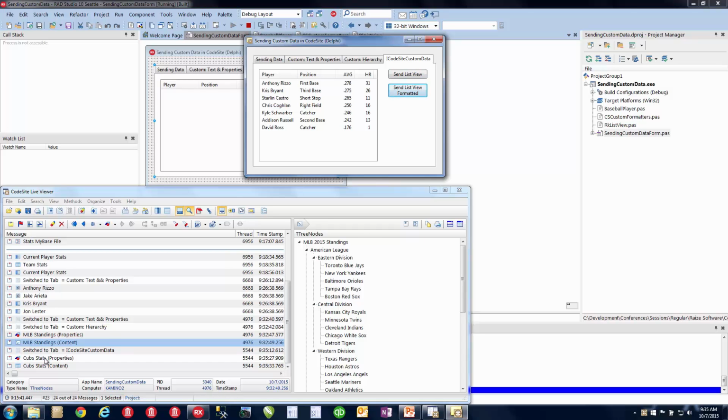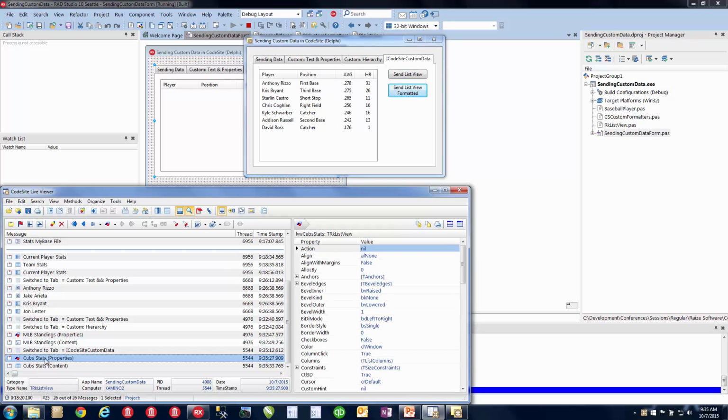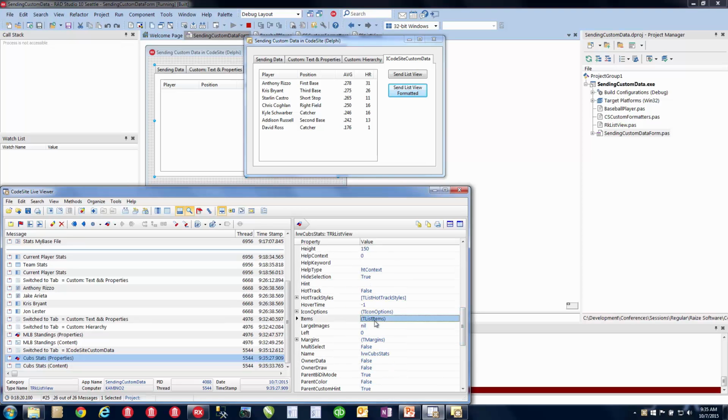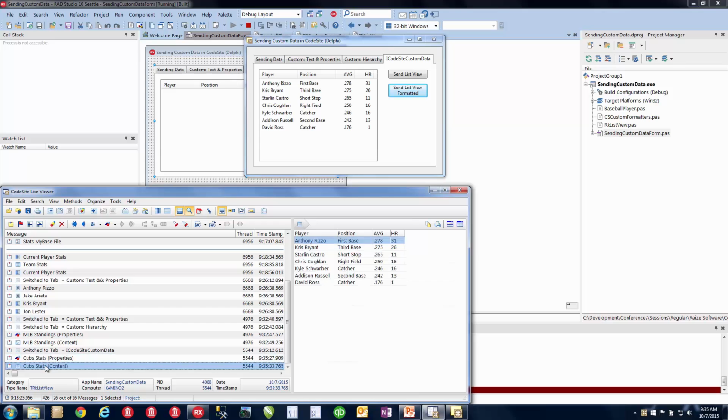What do we get different? Well, the Cubs properties, because it's the list view itself, has all of the properties for the list view. However, it doesn't know how to extract out the individual items or do anything beyond that. But if we really wanted to see the content, we can use our custom formatter. And here we've extracted all of the list view data and sub items